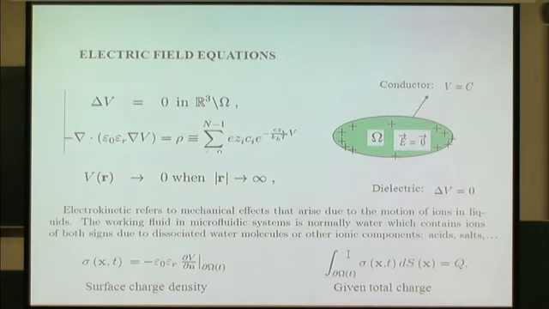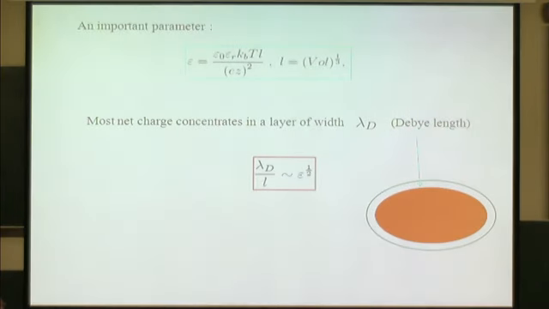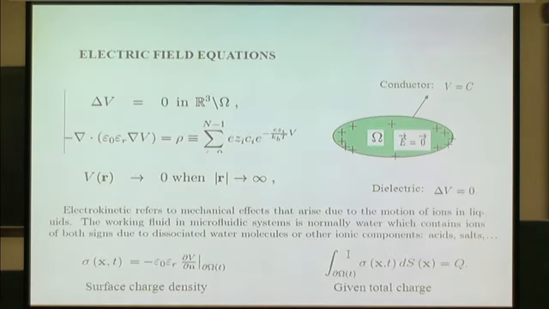So this is the electrostatic problem, and outside the drop there is no free charge, so the Laplacian of V is equal to 0. So now you solve this subject to the boundary condition that the potential goes to 0 when R goes to infinity. From this you can find the potential and the electric charge, then the electric charge you put into the hydrodynamic problem and solve it. Again, this is a bit difficult, so what we can do is to look at asymptotic limits.